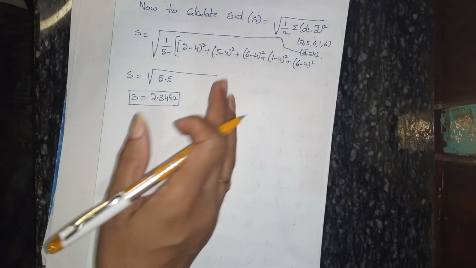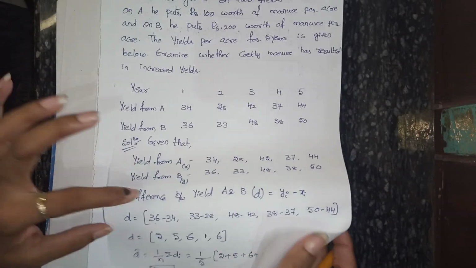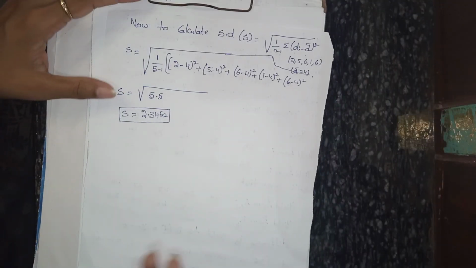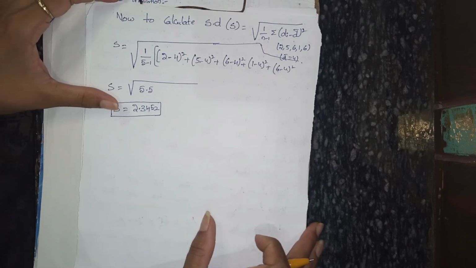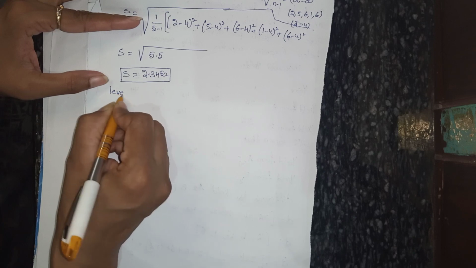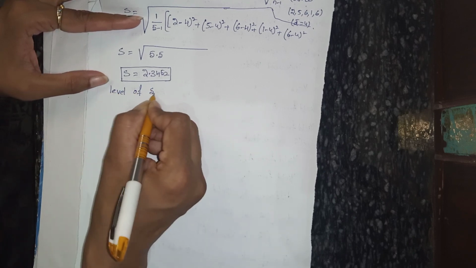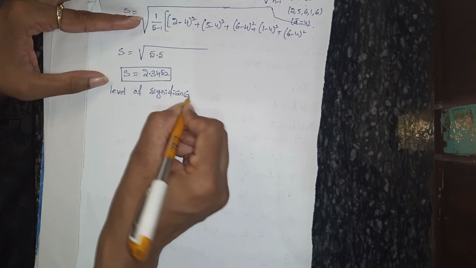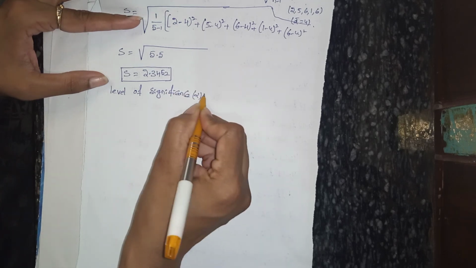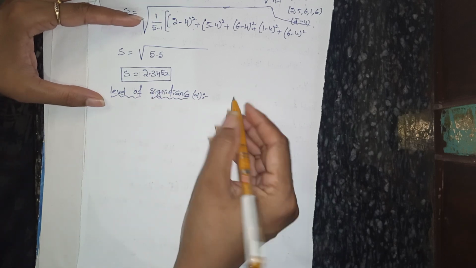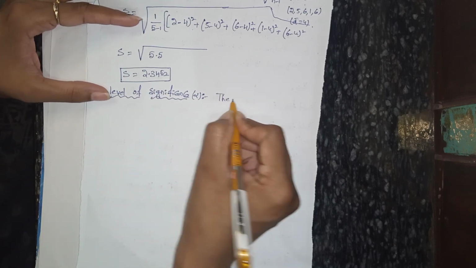Yeah, and the next is we calculated S also. That means the standard deviation we calculated. Now we have to fix the table value. That is nothing but the level of significance. Okay, so the level of significance is denoted with alpha. So the table value